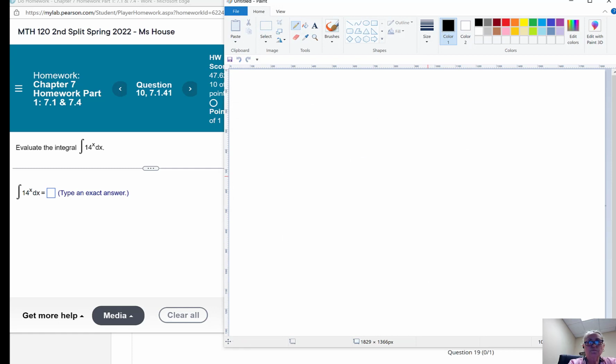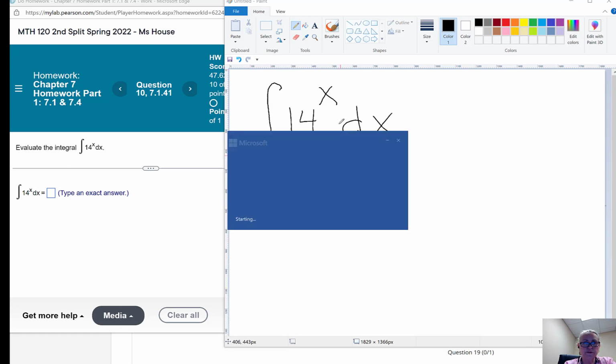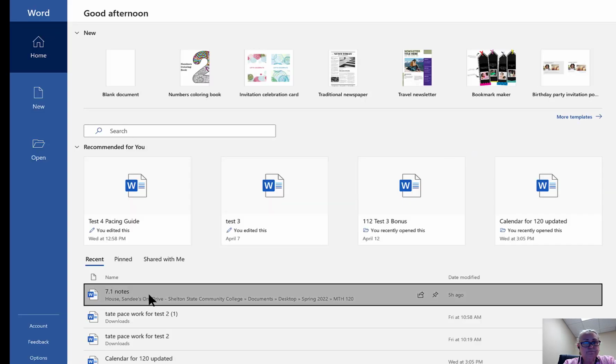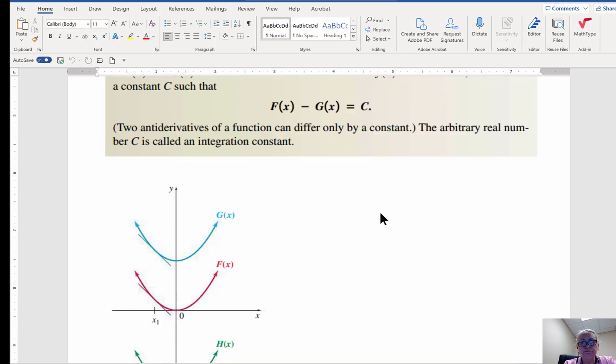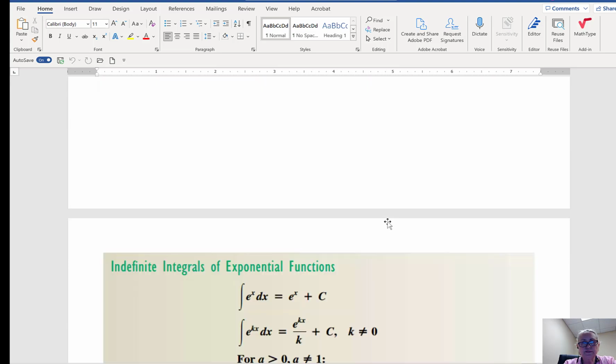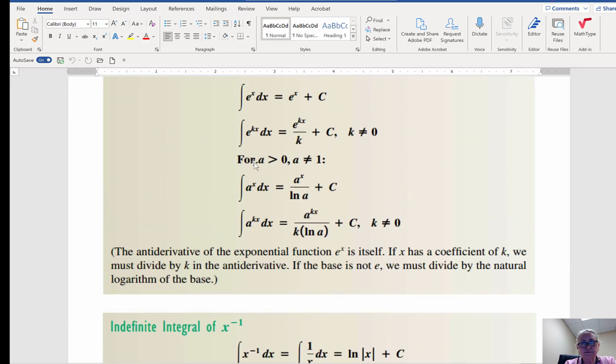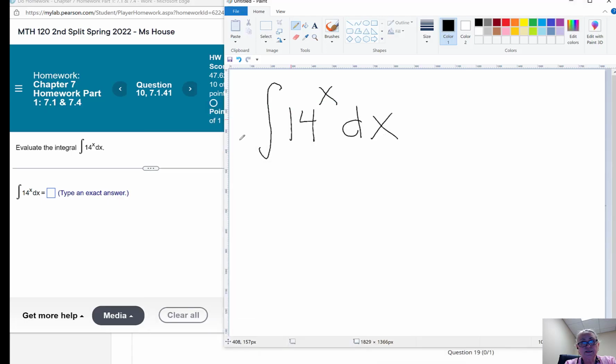Number 10. We've got the integral of 14 to the x dx. Now we looked over some rules in another video of what we do when this base is not an e. We know what to do with e to the x. It's e to the x. But remember, I'll bring up the rule so we can be reminded that when we have a base, this one right here, a base that's not a 1 and not an e, okay, so like a 2 or a 3, or like in this case we've got a 14,